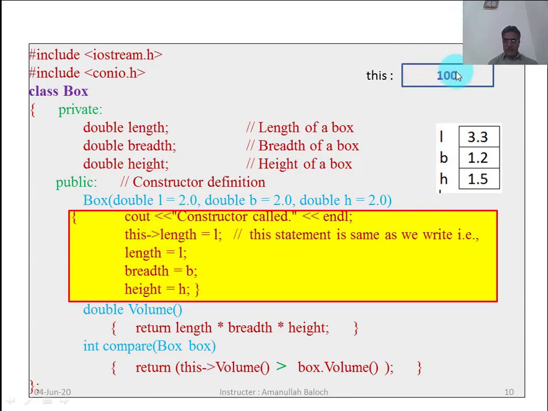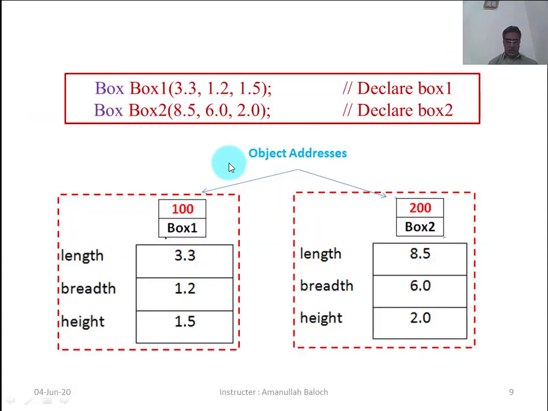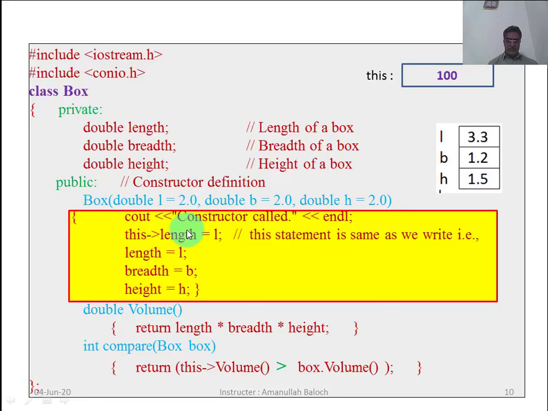In the location of this, the address 100 related to box 1 is stored. So the computer will go to this address and store the value of L, 3.3, in this length, not at the other length, because the this pointer has the address of box 1, that is 100.